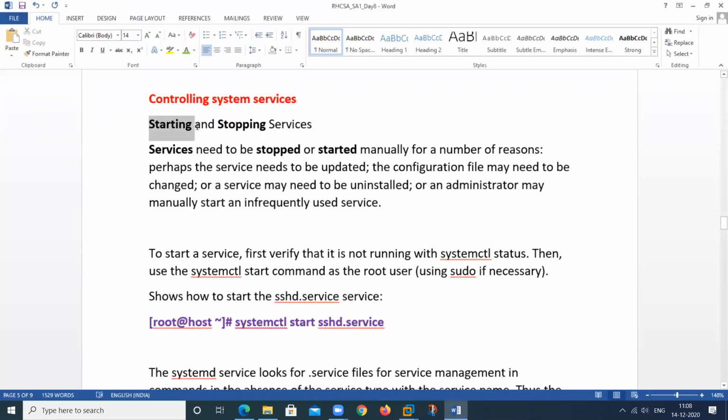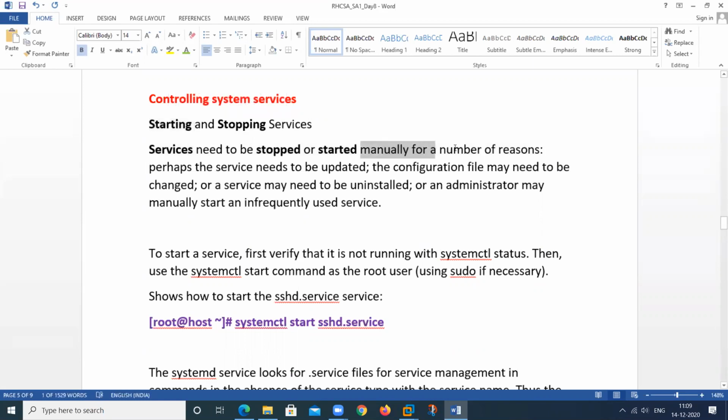Because I want to start any service. It can be a DNS service, it can be a DHCP service, it can be a web service, Apache, SSH, any service, Chronyd. So for starting any service, we have this particular command.